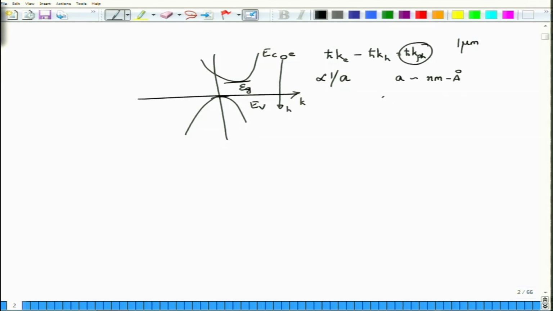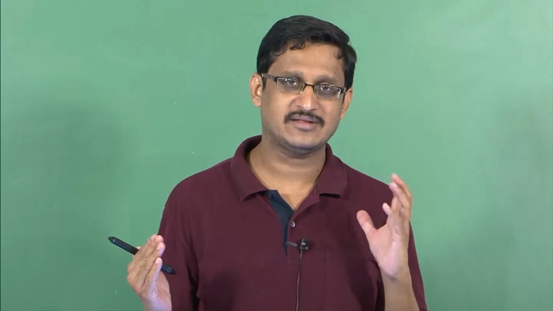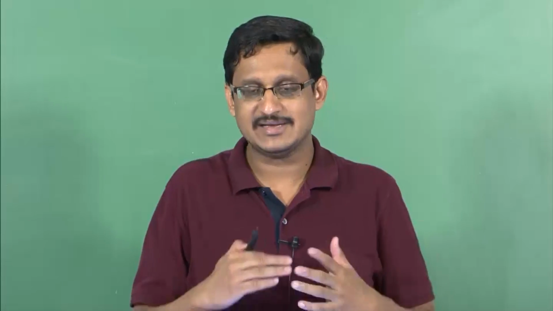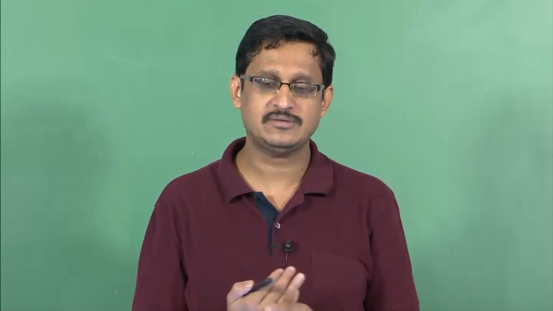So the photon momentum will be proportional to 1 by 1 micrometer, whereas the electron momentum will be proportional to 1 by nanometer or angstrom, right? And this factor is about 1000 times at least larger than the photon momentum. Therefore, in a semiconductor material, especially in the indirect band gap material, transitions are usually not allowed because of the large mismatch between the photon momentum and the electron and hole momentum, or at least the electron momentum, which is very crucial in this process.